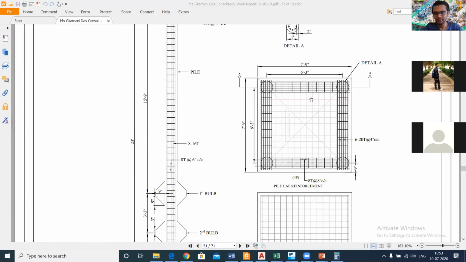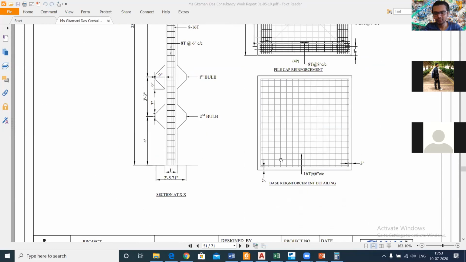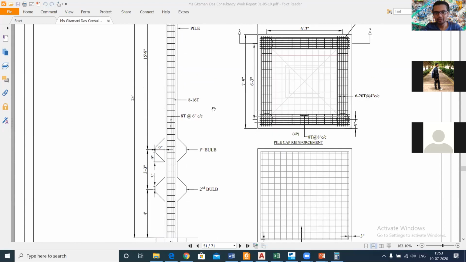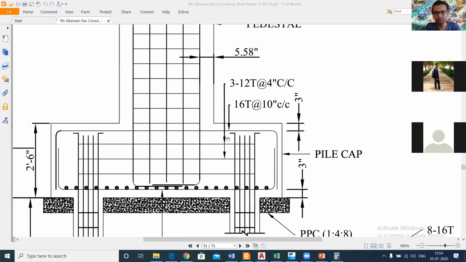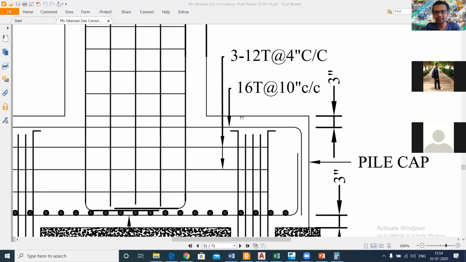As you can see here, this is the bottom reinforcement which is given, that is 16T at the rate 6 inch center to center. Now observe this elevation drawing, this is also given, that is 12 mm reinforcement at the rate 4 inch center to center. And at the top, as you can see here, some reinforcement is also given, which is 16T at the rate 10 mm center to center.